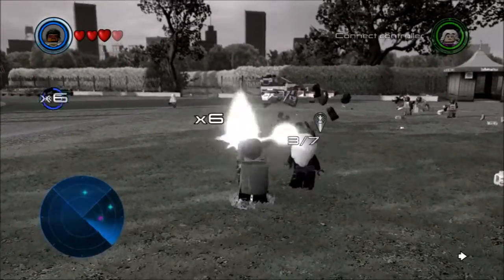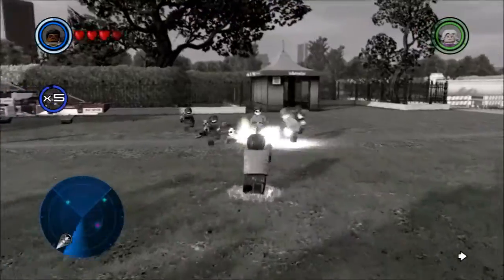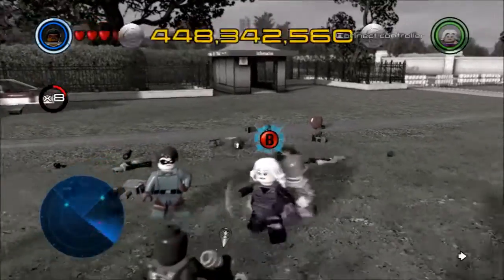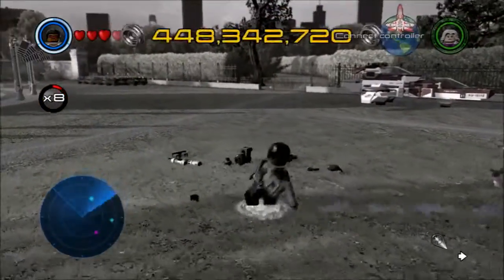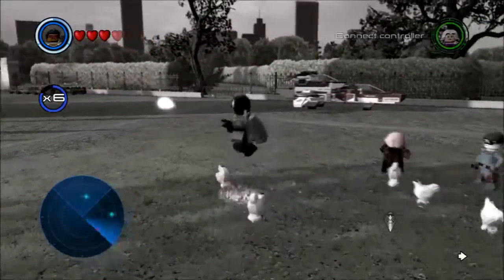Just out of range for the super move there. It's kind of a waste of a move then. Now, because of all the black and white stuff and the fact that I couldn't remember that Dum Dum Dugan was with us, I killed Dum Dum several times during this fight. In fact, you saw one just a second ago. There will be others. And now we're fighting chickens,